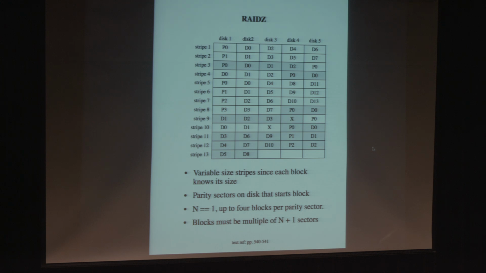Okay, you see we had a very short one. It's just a single block, so there you have D0 and P0. That's the worst case scenario for RAID Z, when you're doing 1-block writes, because at that point you have a 50% overhead in the sense that you've got 1 block of data and a parity. And that's assuming you're doing single parity and not double parity, because then you'd have 2 parity blocks. So one of the reasons that ZFS tries to keep blocks at a 16K or larger size is so that they don't have the overhead of one parity, one data block.